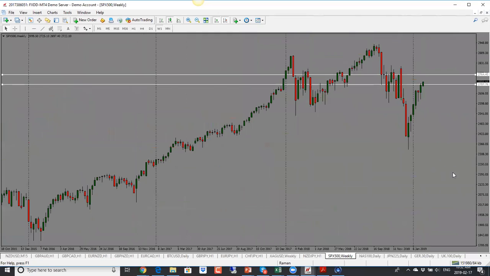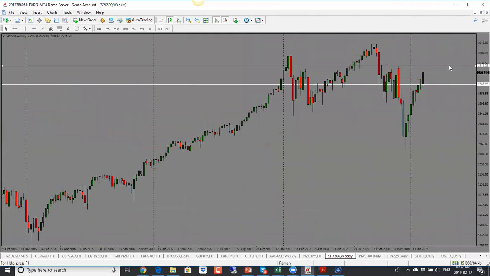S&P 500. Okay, let's take a look at equities here. Equities are doing well right now because there were rumors that the US and China were quite far apart in their talks. The very next day, we heard more comments come out that said actually, that's not true. They are closer in terms of reaching an agreement. And as a result of that, it really boosted the stock markets higher.